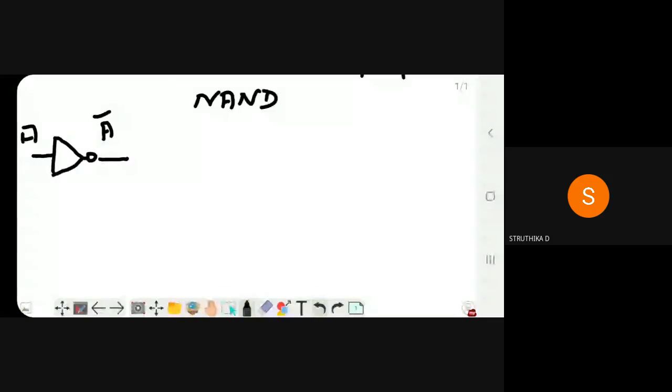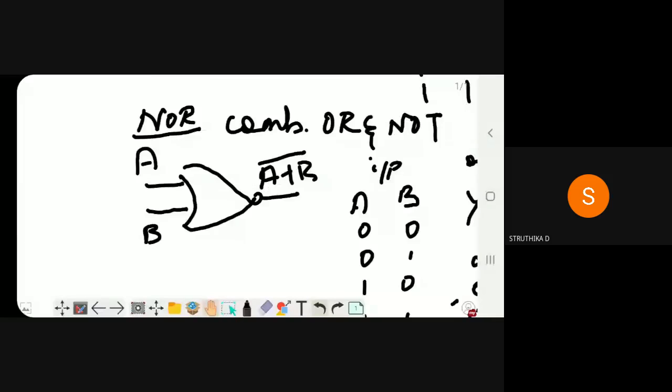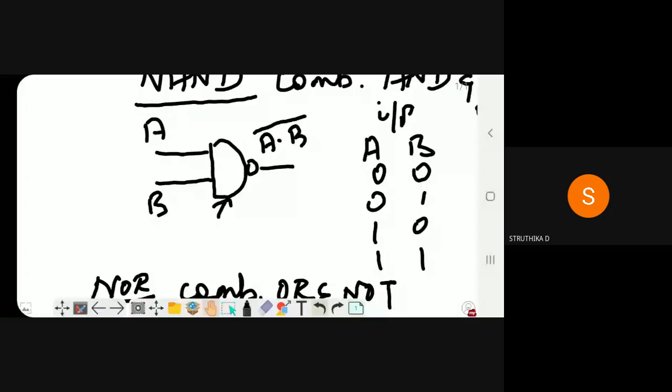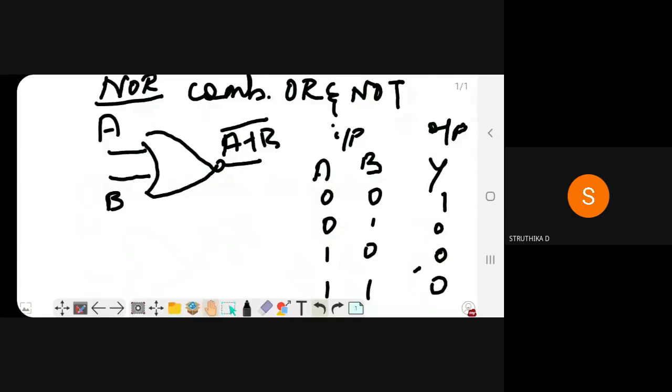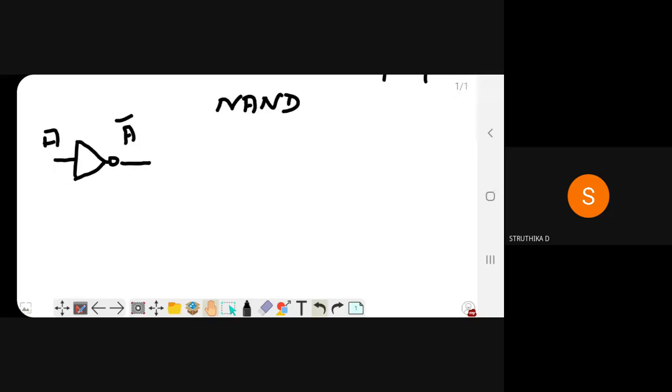Okay, so in a NAND gate, see here, how many inputs are there in a NAND gate? 2, ma'am. A and B. I'm not asking about the variable. Just tell me how many inputs you will give in a NAND gate. 2 inputs. But in a NOT gate, how many inputs are there? 1 input.